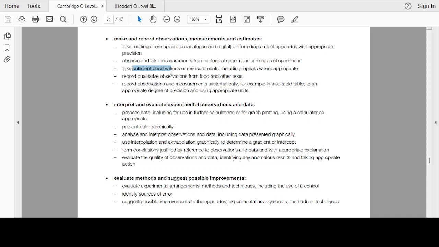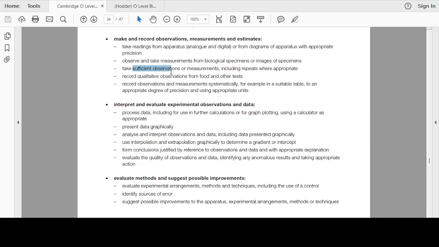For example, you are measuring the rate of enzyme activity over a range of pH. So you're not going to take the rate of enzyme activity at just pH 5, for example. You will do it over a range of pH and see how it goes, and then you will repeat the experiment at that same pH at least 3 times,